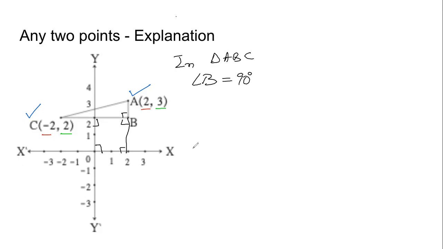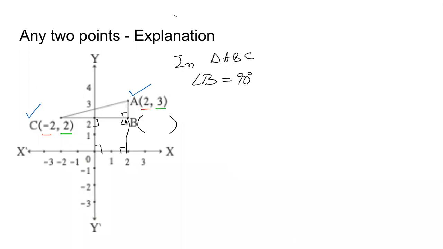Right? Now, if I ask you, what will be the coordinates of the point B? Can you find out the coordinates of point B? B was not given in the question. We found B. B is the point where the lines parallel to the x-axis and y-axis passing through C and A intersect each other. Then what will be the coordinates of point B? So many of you are saying the coordinates will be 2, 2. How are the students saying that? Let us see.